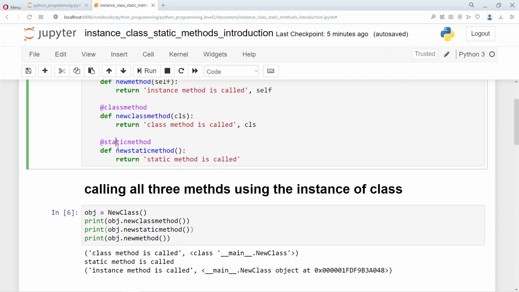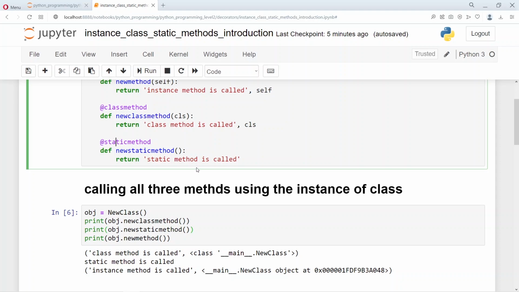Well, a static method is an independent function which belongs to the class. In other words, a static method belongs to the namespace of the class, but it will remain independent of everything else that goes on inside the class, right? Sometimes you may have to show this design intent of the developer to the people who are extending the code or reading the code. So having this static method tells the developer's intent that he wants to have a specific function inside the class because it belongs to the class, but it should remain independent of what goes on inside,